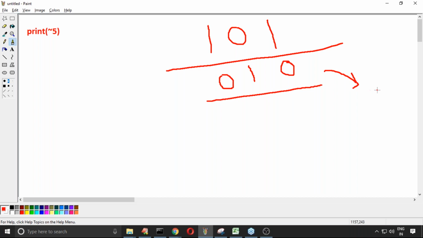Respond, what about its value in binary? 010 in binary is 2. Can you please convert this number into normal decimal? So what is the output we are going to get? 2 is the answer. Any doubt up to this? Okay, what is the output we are going to get, 2?